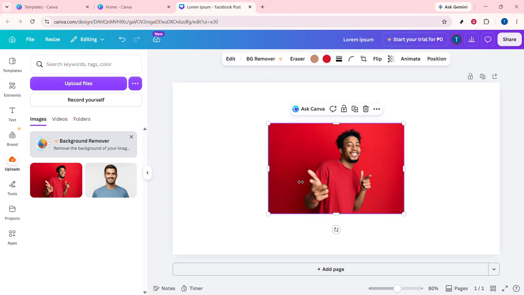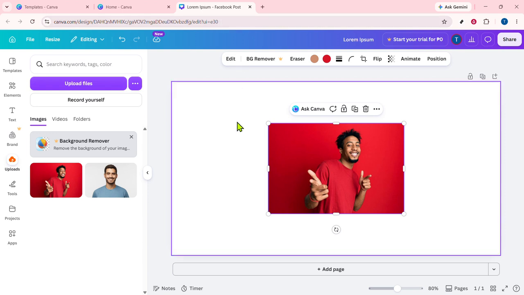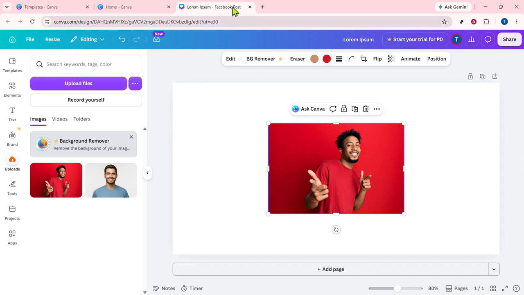After that, wait for the upload to finish. This step is important because if you try to use the files before they're fully uploaded, they may not appear correctly. The upload time can vary depending on the size of the images and the speed of your internet connection. If things seem a little slow, give it a moment and let the process complete. When the upload is done, your photos will appear